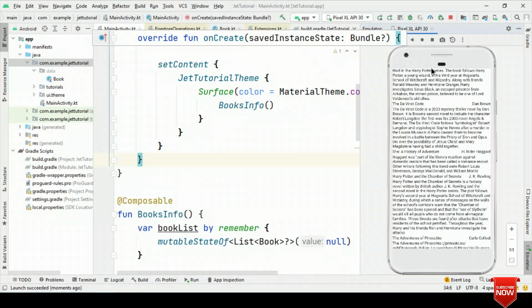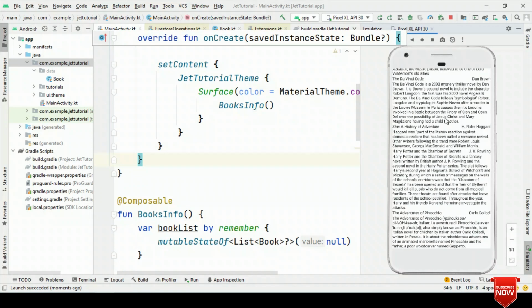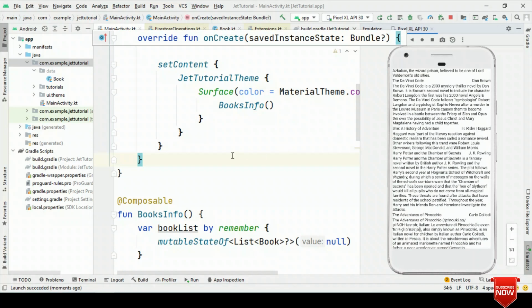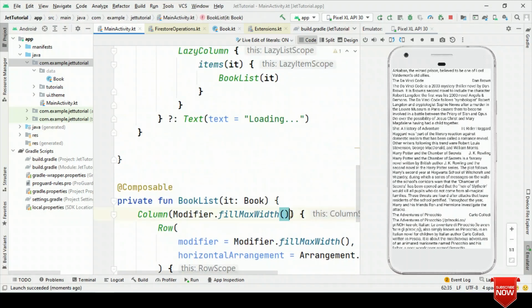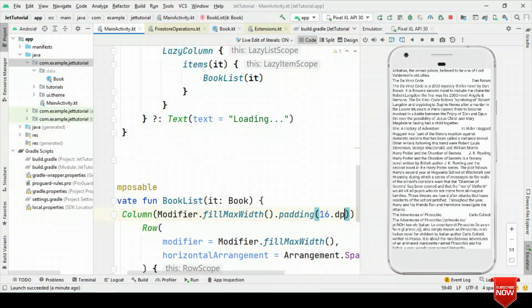So here it is. We have list of all books details, and this is looking quite clumsy, so let's add a bit of padding. So we'll say padding say 16 dp, and now let's rerun this.